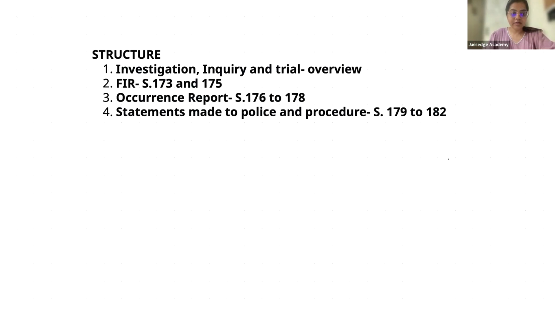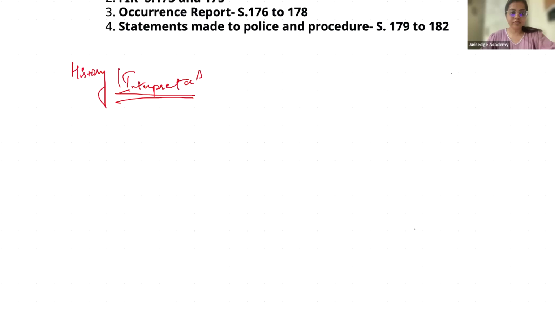So basically, we started with the basic introduction of CRPC, which included the history and interpretation and everything. This is where we have started. Then we moved on to the kinds of courts for criminal trial, their powers, and their powers included